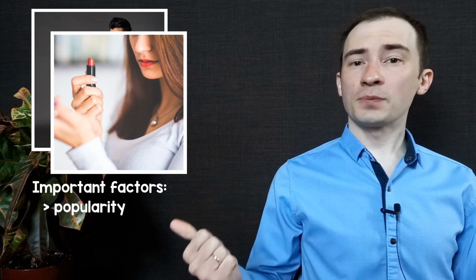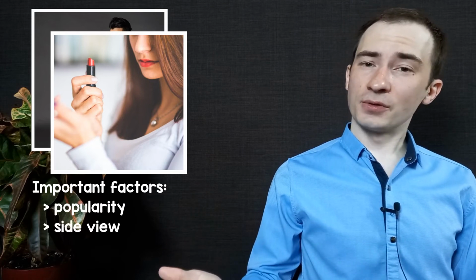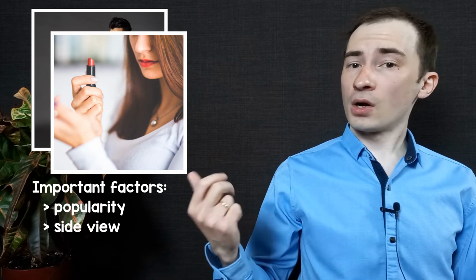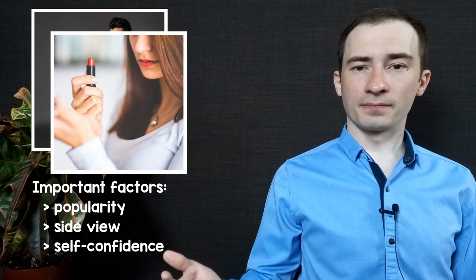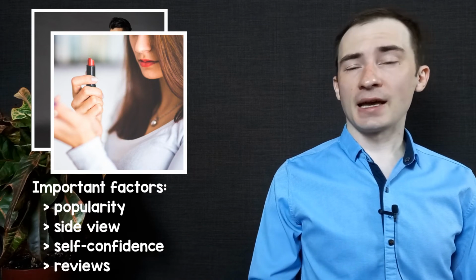Authority and social proof are key aspects here. That's why both men with sunglasses and women with lipstick, driven by social instinct, take into account the following factors: product popularity and conformity to fashion, side view in order to look like or no worse than others, confidence in the absence of condemnation and shame, reviews of experts, other buyers, celebrities, and so on.